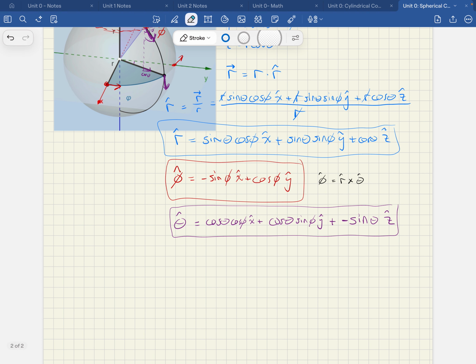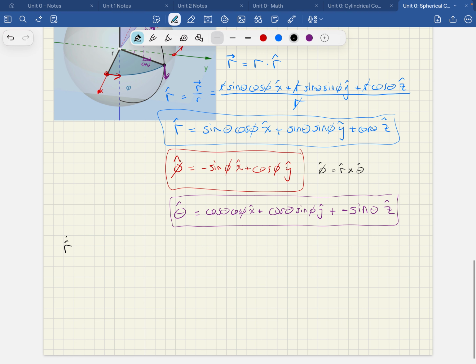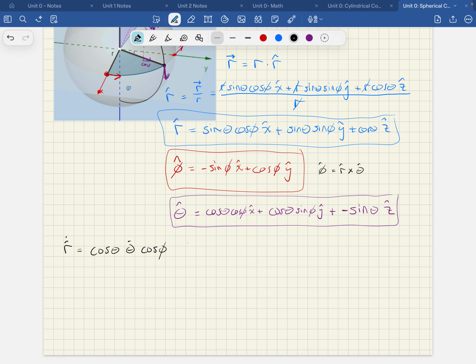Okay, all of that was just so that we could get r hat dot, theta hat dot, and phi hat dot. We need the time derivatives of these unit vectors. And as you can imagine, this is going to get tedious and ugly because we've got lots of chain rules here, or lots of product rules. So for the r hat vector, I've got cosine theta, theta dot, cosine phi x hat plus, well, let's hold off on the x hat,